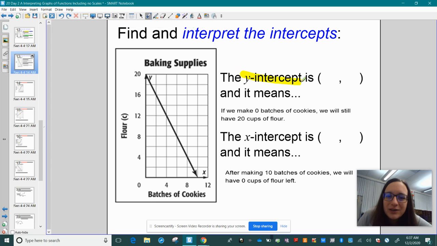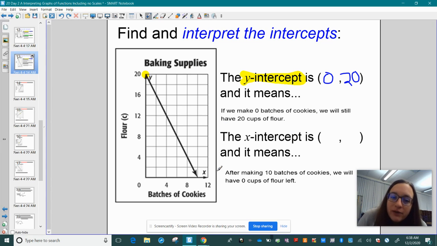So our y-intercept is way up here this time. So that would be 0, 20. Right, so what does it mean? Well, if we look, our x-coordinate is 0, so 0 batches of cookies are made. If 0 batches of cookies are made, we don't have any cookies. Not yet. Okay, so if we make 0 batches of cookies,